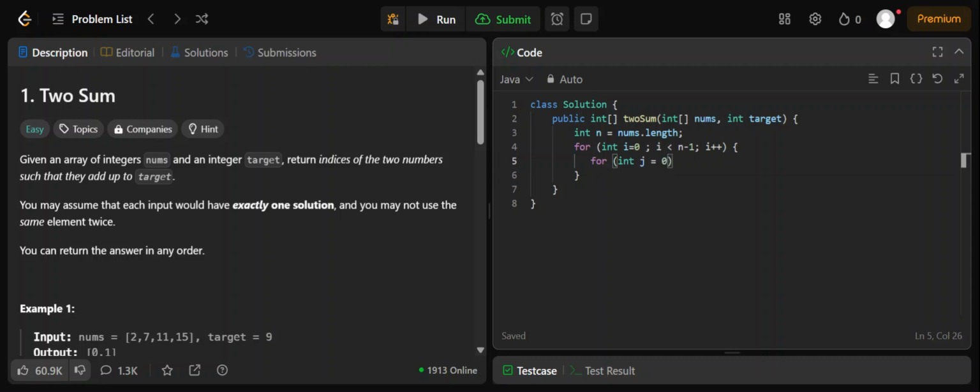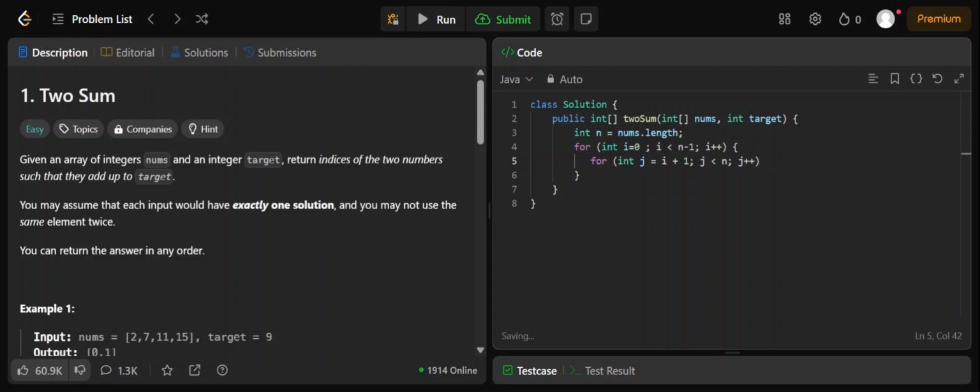We have taken j, and it will start from i plus 1 and go till j less than n, then j plus plus.